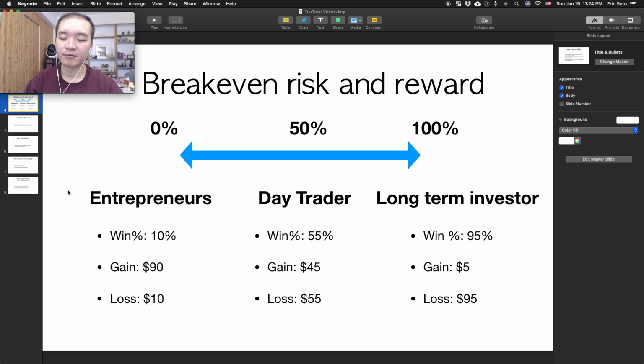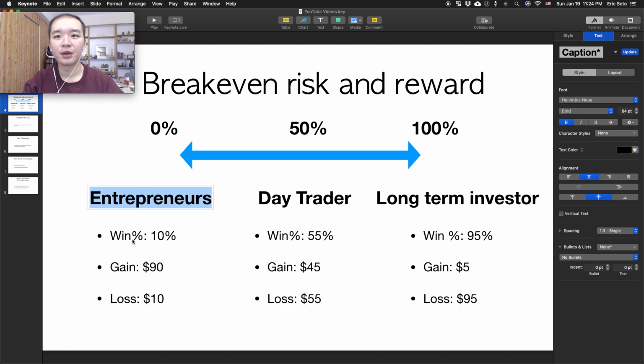So how can you tilt one of these variables? Now, let's say for an entrepreneur, and you know that the market size is big. So you do your research on market size to make sure that you can 10 times your initial investment. And you try to take as little investment as possible initially, so then you can prove out a lot of hypotheses within your business before you scale.